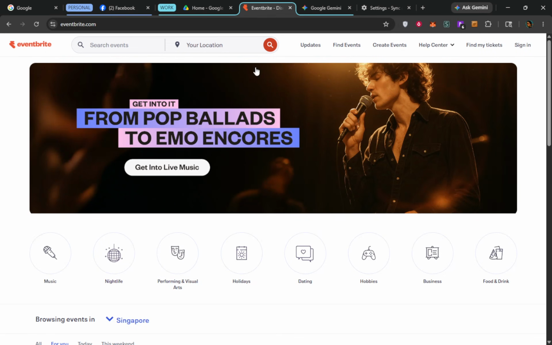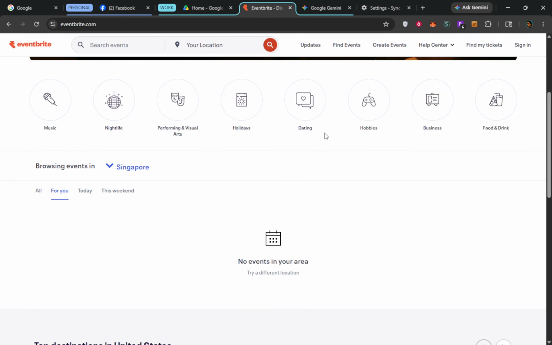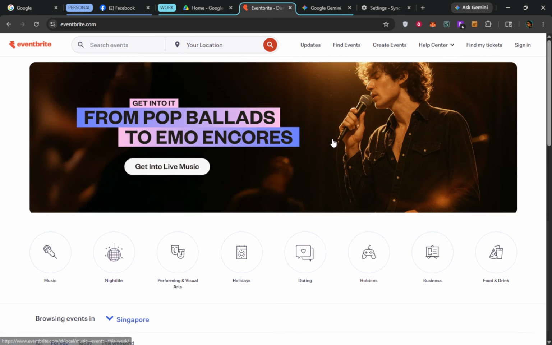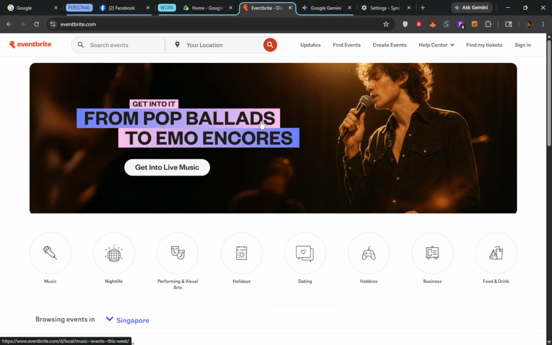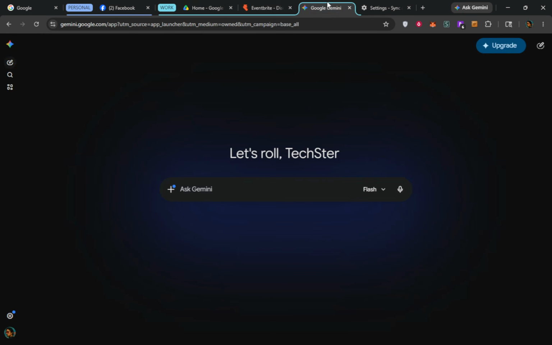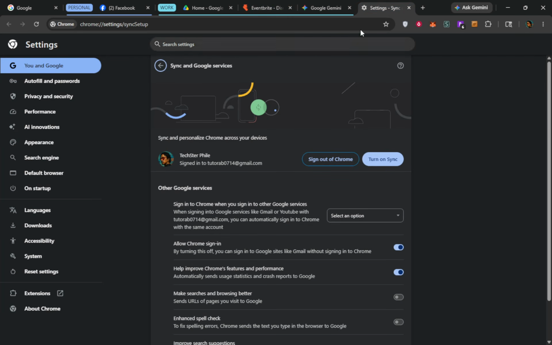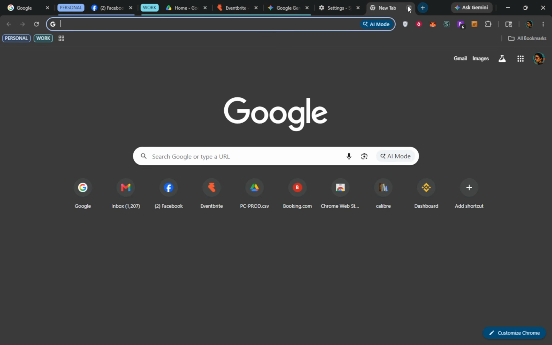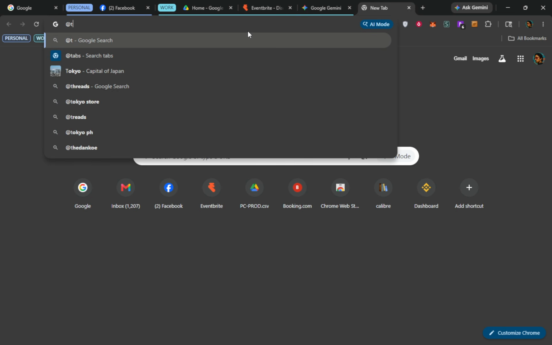A few quick tips to make this smoother. These methods match across all open Chrome windows, so you don't need to remember which window holds the tab. Search is flexible. Try a site name, a key term from the title, or a unique word from the page. If you don't see the tab search icon or @tabs doesn't activate, make sure Chrome is updated to the latest version. That's it, the tab search button, the keyboard shortcut, and the @tabs address bar search.